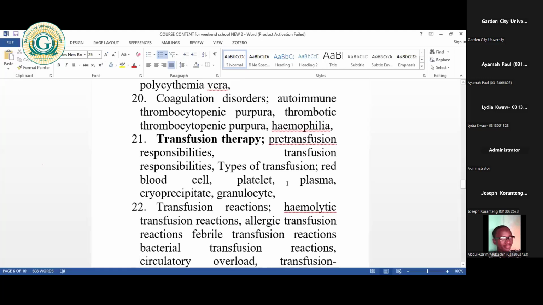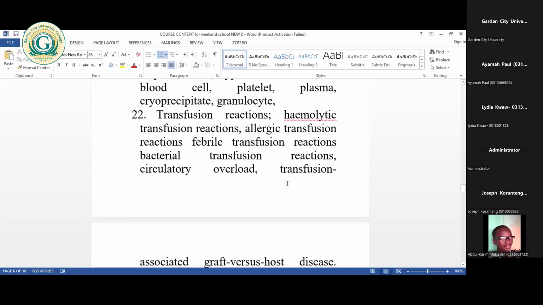Under transfusion therapy, we look at the pre-transfusion responsibility of a nurse, the preparation you do before transfusing blood. We look at transfusion responsibility, types of transfusion, red blood cell transfusion, platelets and plasma, cryoprecipitate and granulocyte transfusions. Then we have transfusion reactions, where we look at hemolytic transfusion reactions, allergic transfusion reactions, febrile transfusion reactions, bacterial transfusion reactions, circulatory overload,